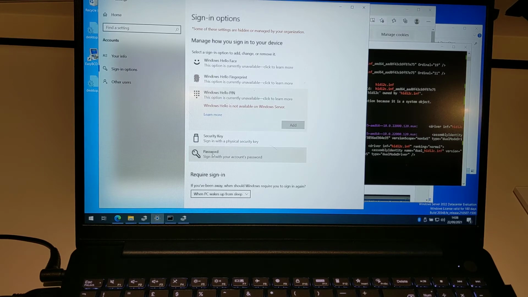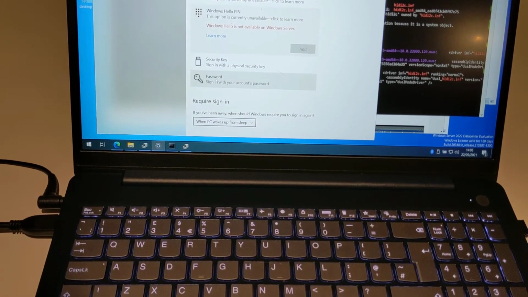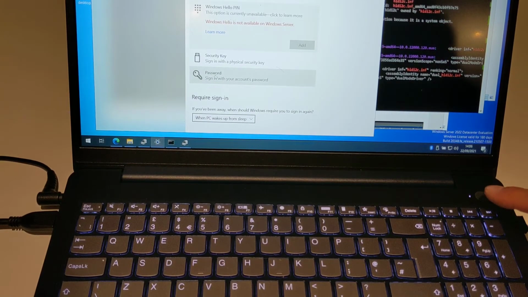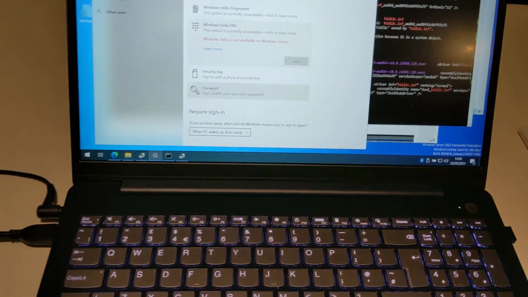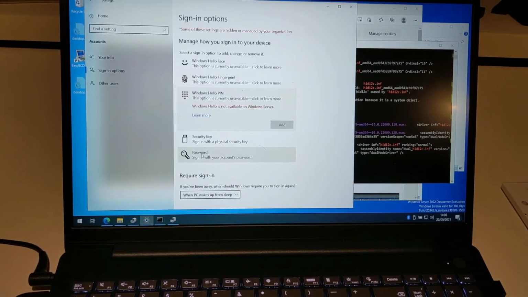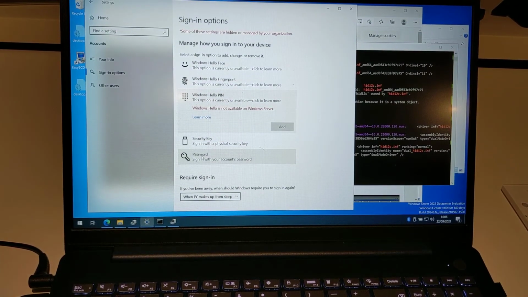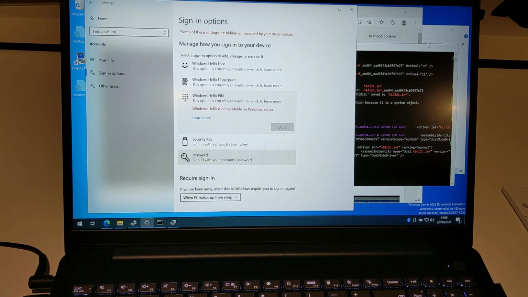And since they've grouped these facilities inside Windows Hello, they're now saying you can't have a fingerprint logon. So that is incredibly disappointing. This laptop was bought especially with a fingerprint reader on the power button. Very disappointing. The fourth and final thing that's not working, which is not a change from 2019 server, is that